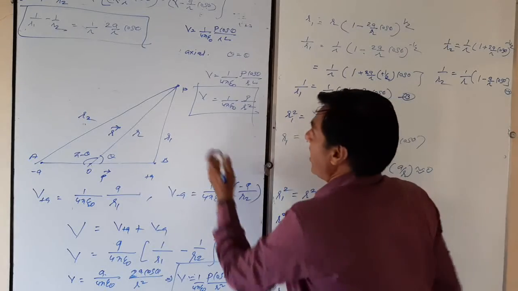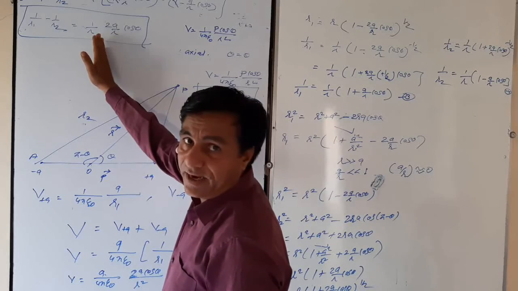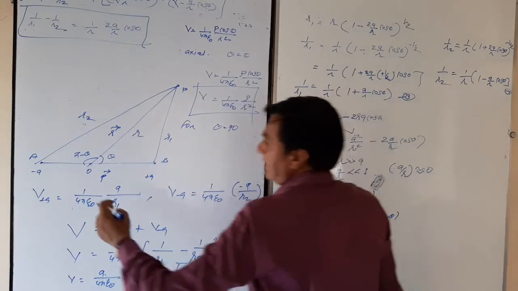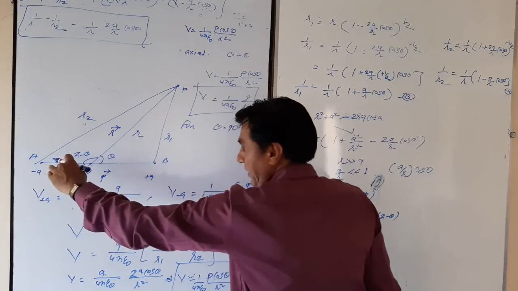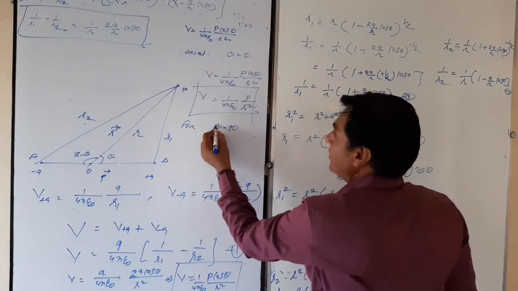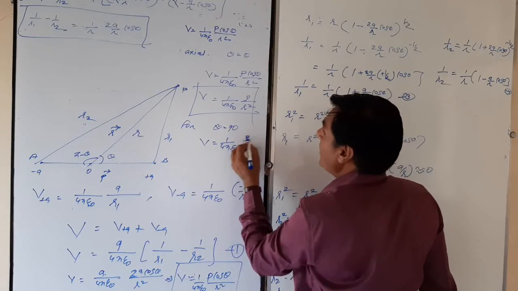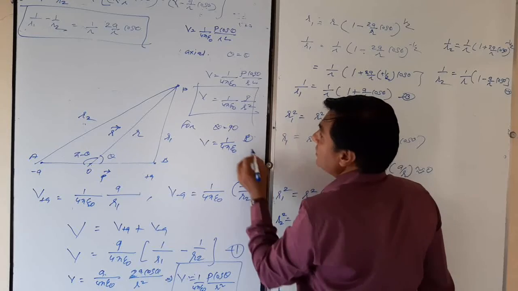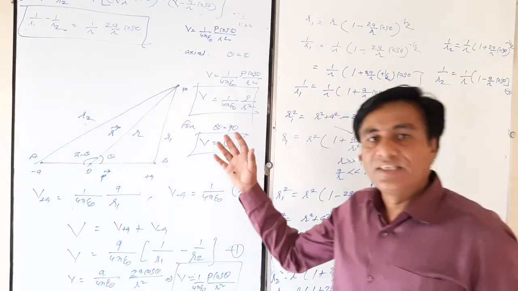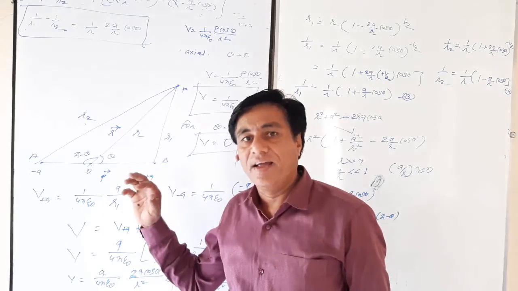Clear? Now for equatorial, your point P goes to the broadside-on position. So theta will be 90. Theta is the angle between the dipole axis, vector p, and the position vector r. So theta equals 90, cos 90 is 0. So V is equal to 1 upon 4 pi epsilon 0 times p cos 90, which is 0, so V goes to 0. So you can take a general point, not axial, not equatorial, and apply it for both.